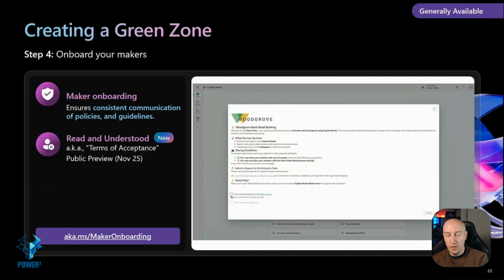And also with this, you can put makers into different groups. So you might have your newer makers, you give them this welcome message that is much more beginner friendly, less technical knowledge and information. But you might have another group, which is maybe your advanced makers, and they can see a different welcome message because they can be put through a different group, and you could give them more advanced information. So I think this is so cool, and I'm very excited about the way that this journey is beginning to work out. And just to add on to that, there are more controls coming through when it comes to environment groups as well. Not just giving them the welcome message, but you can also set rules with environment groups.